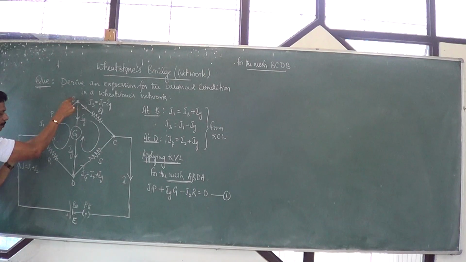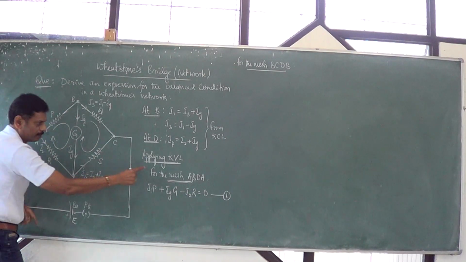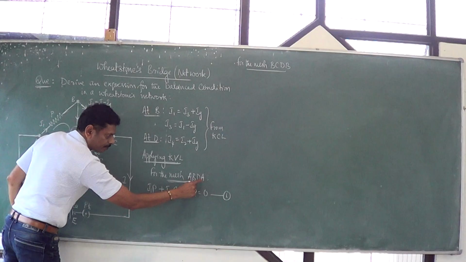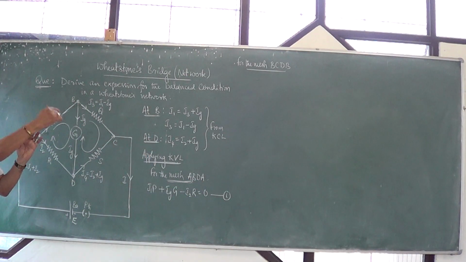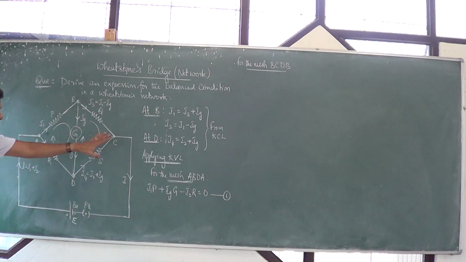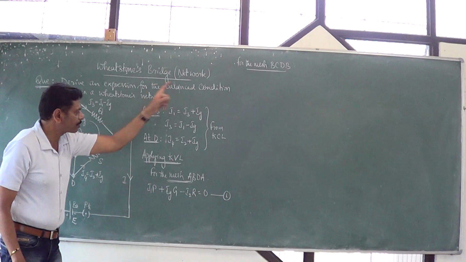Here, A, B, D, A. You can observe that we started with A and ended with A. Then only it is a closed path, and then only the current starts to flow. If there is a break, it will not flow. Open circuit, current will not flow. That is the meaning. So here for the mesh BCDB,